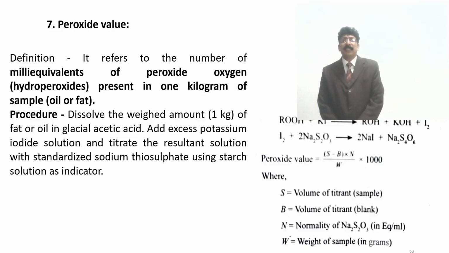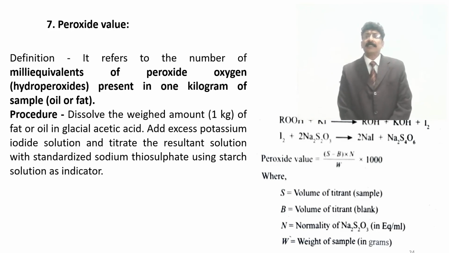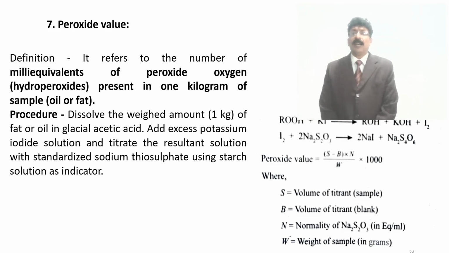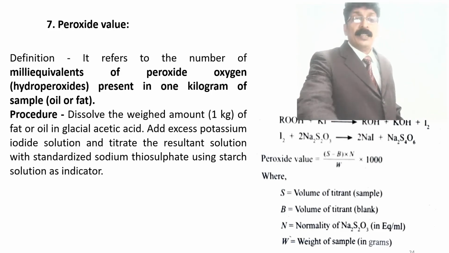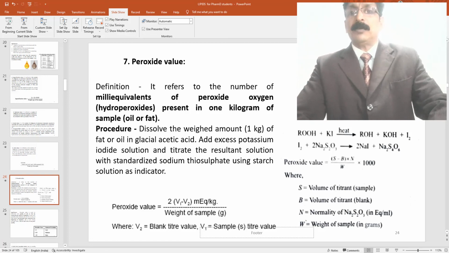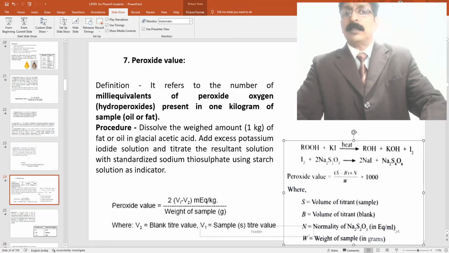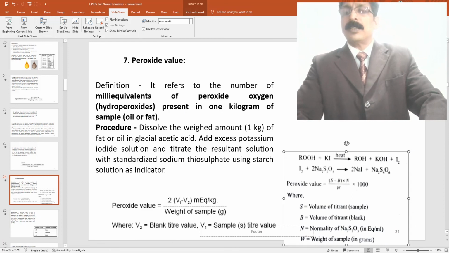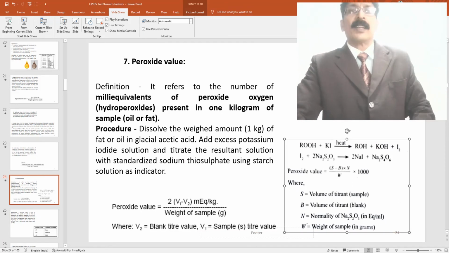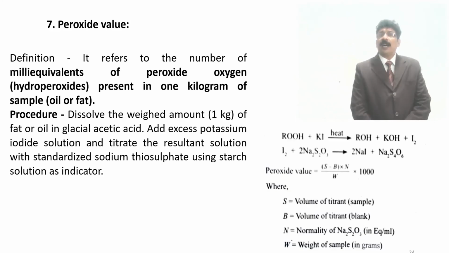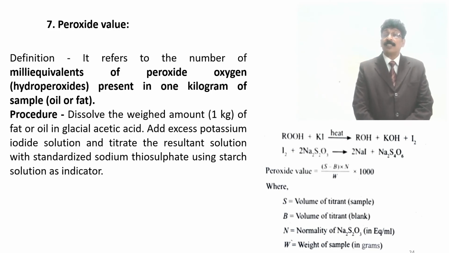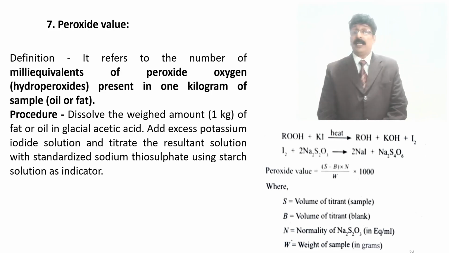using starch solution as indicator. Reaction: the acid reacts with potassium iodide to give potassium hydroxide and iodine. Iodine is visible here. Potassium iodide and ROH give KOH plus I2, and the iodine reacts with sodium thiosulfate